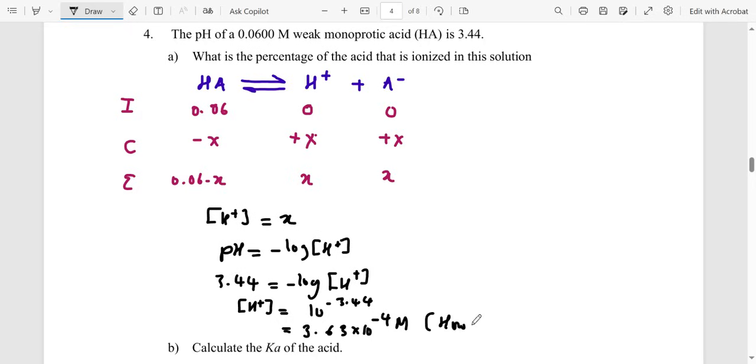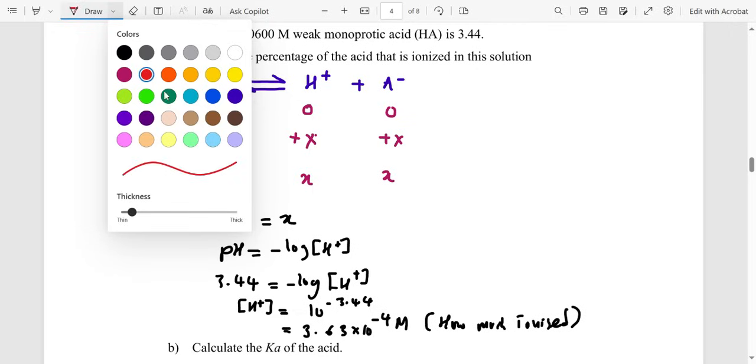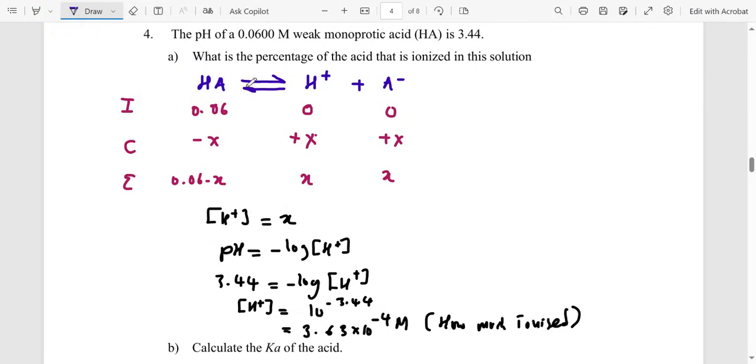How much ionized? The question is asking how much ionized, which just means how much was converted to product. But the question is asking what is the percent ionization? So percent ionization,